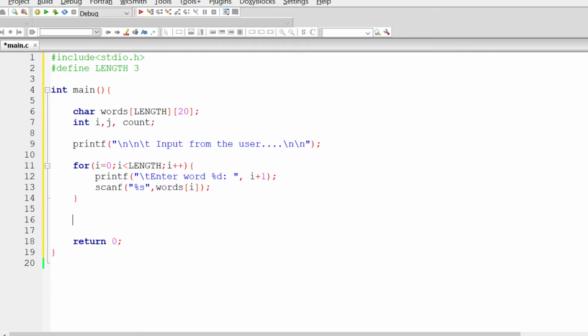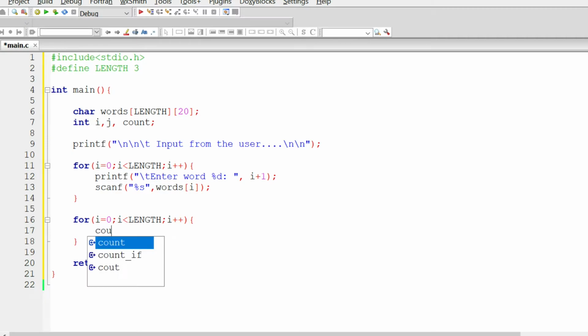Now we have the input and we are going to write the logic. Let's do it here. For i equals 0, i is less than LENGTH, i plus plus, and as you know, each word is going to appear at least once in an array, so we are going to initialize count equals 1, and we are going to need another loop, and it will start from i plus 1.